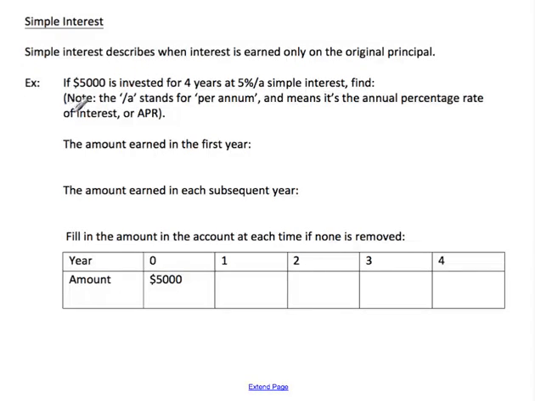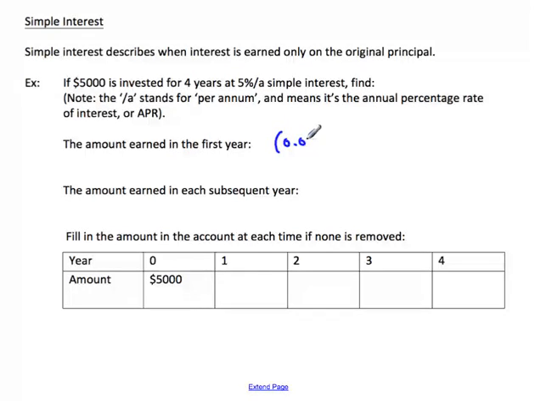Here's an example. If $5,000 is invested for 4 years at 5% per year simple interest, find the amount earned in the first year. Now note this 5%/A stands for per annum, and it means that that's the annual percentage rate of interest. Sometimes that's also abbreviated instead as APR, for annual percentage rate. So if we want to find the amount earned in the first year, then